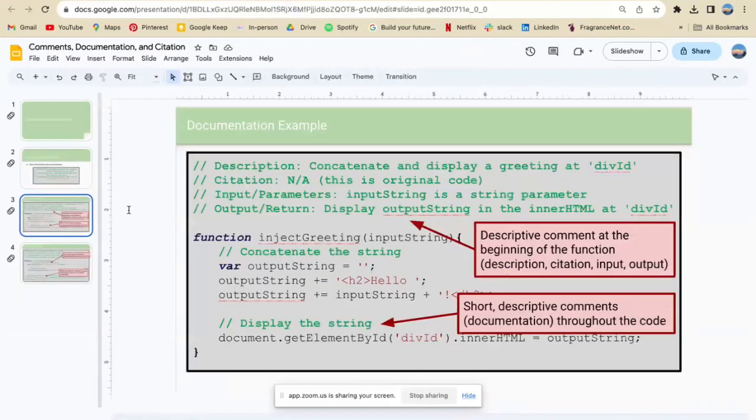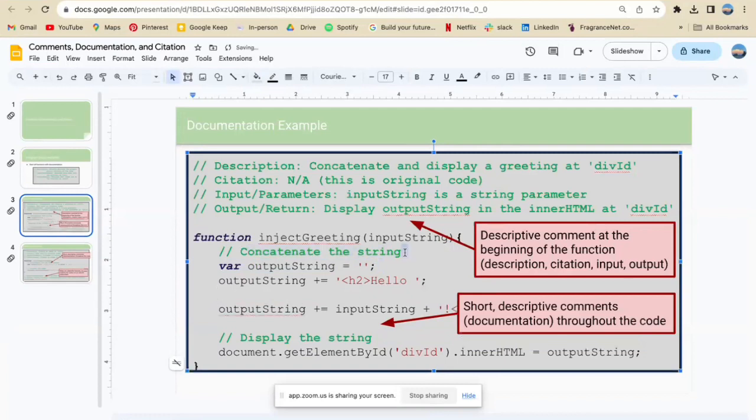So continuing with the documentation example. First over here, we have a function called inject greeting. And in this function, we're concatenating something. We're concatenating the string, right? So over here, we have a comment that mentions that. And I would go as far as to say that you could even have a comment after this, and just